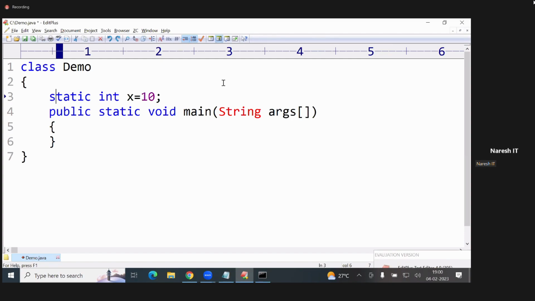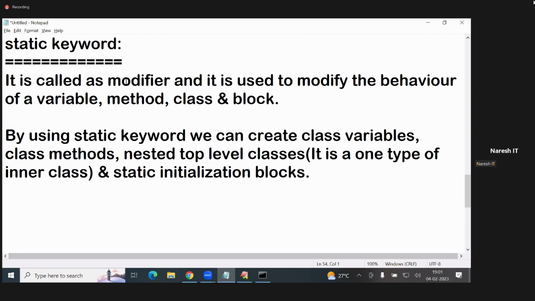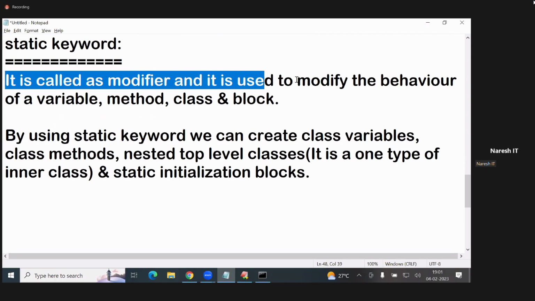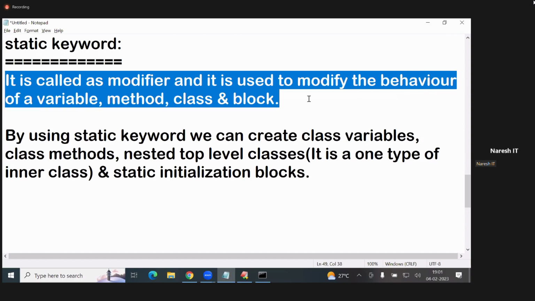See, if I attach one keyword, the total behavior of the variable is modified, no? That is why it is called a modifier. One keyword will change the behavior of the variable. That is the reason static is called a modifier. It is used to modify the behavior of a variable,